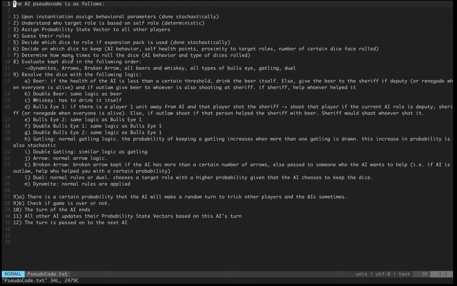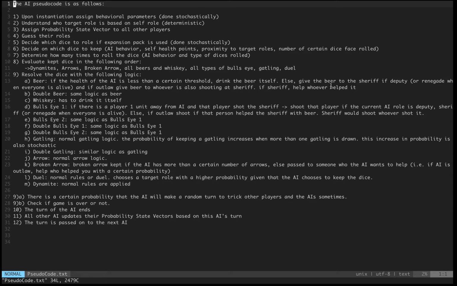Then the AI resolves the dice with the following logic, and I included all the logic for all the different phases in here. Due to time constraints, I'm not going to go over all of them, I'm just going to explain one of them in this case. So for example, if an AI rolled a beer and kept the beer, it will resolve it as follows. If the health of the AI is less than a certain threshold, the AI would drink the beer itself, or